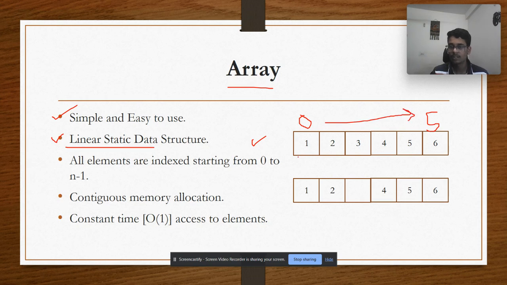And all these elements can be accessed in constant time by simply writing the name of the array and the index. Suppose we have to access the 3, we would simply write its index 2 and we can easily access it. All the elements are stored in a contiguous manner, which means that if